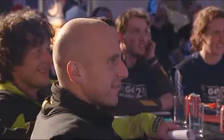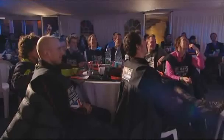I've got a balloon modelling kit and apparently you can make a balloon dog in two minutes. So I'm going to give it a go. I've never done it before, so that